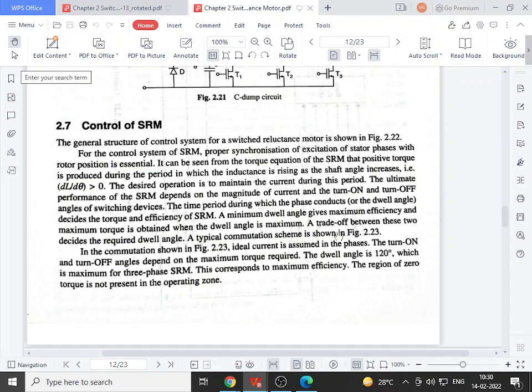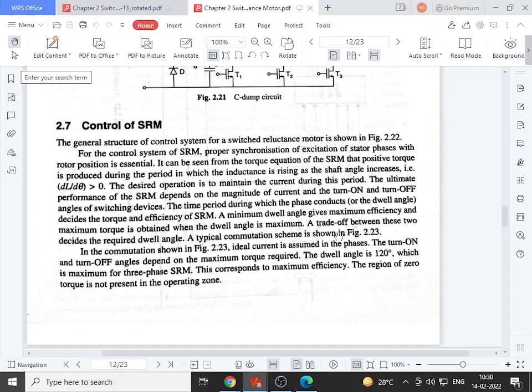So say initially we excite phase A. Whenever phase A excitation work is completed, that means suppose after exciting phase A, the rotor of the SRM has moved by, say, 15 degrees. Whenever that 15 degree rotation is completed, then and only then do we excite phase B. Okay. So this actual work is nothing but your synchronized work. So the SRM should always work under synchronized condition, and for that purpose there should be proper synchronization between the excitation voltage which we apply to the SRM phase and the position of the rotor. That is nothing but the output of the rotor position sensor.